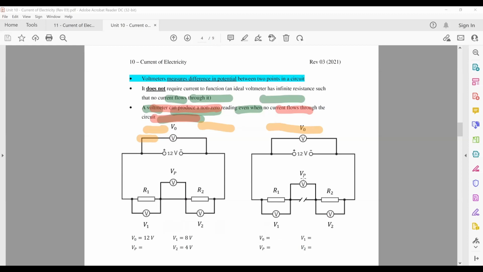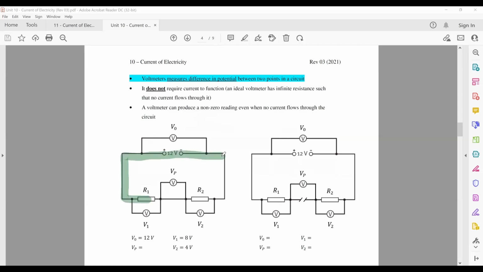So just remember for now, current does not flow through a voltmeter, it's not supposed to, and a voltmeter is really just supposed to measure differences in potential. Okay, so let's look back at this diagram here. Look at the diagram on the left. You have this circuit here,